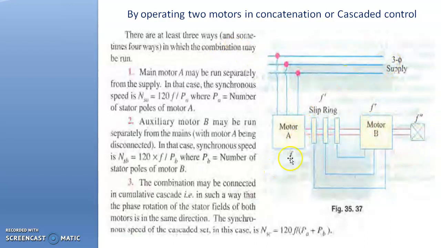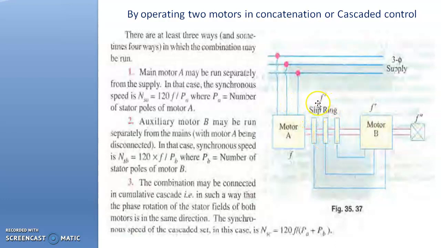So you know, this is the supply frequency F of this particular motor. This is the stator circuit, so that the rotor frequency will be F dash, where F dash is equal to S into F. Depending upon the value of the slip, the rotor frequency will vary. Actually this method is applicable only to the slip ring induction motor. So this is the slip ring, and the rotor circuit frequency is F dash. So F dash is S times F, so this frequency is very low in the rotor circuit. Stator frequency is F, rotor frequency is F dash.